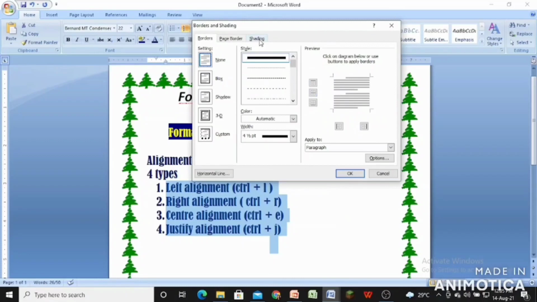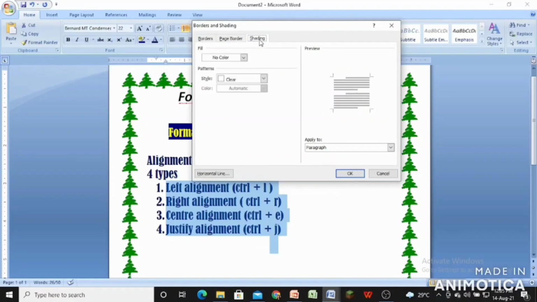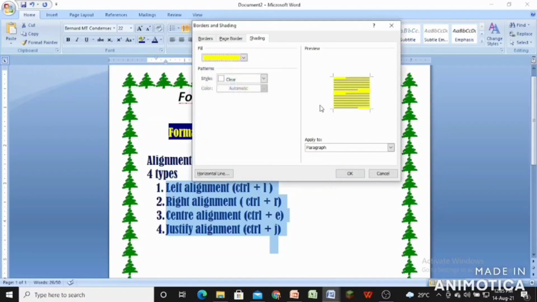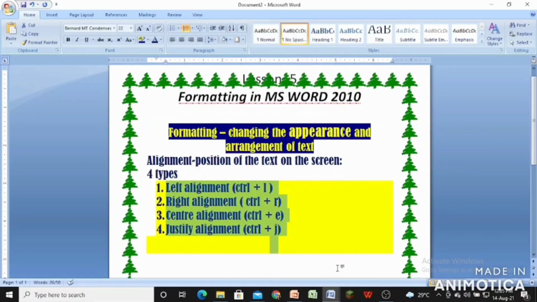Now click on the shading option. Now select any one color, whichever color you want. And click on OK. You will see the shading has been applied to your text. So this is how we apply shading effect to our text.